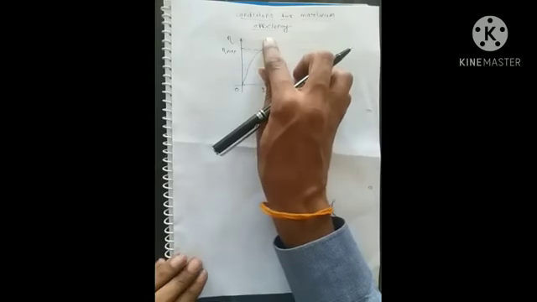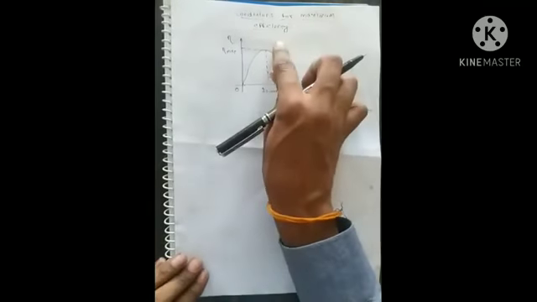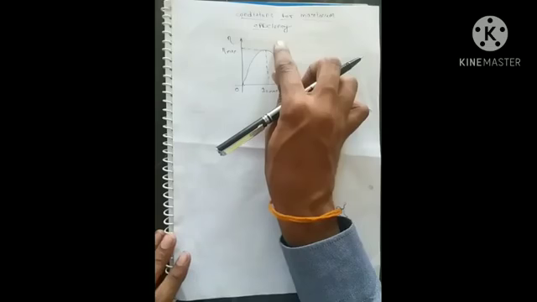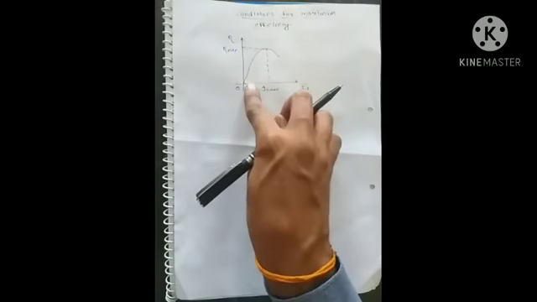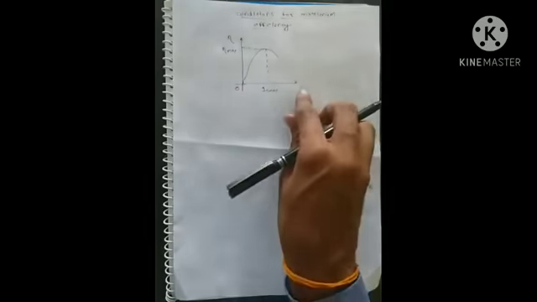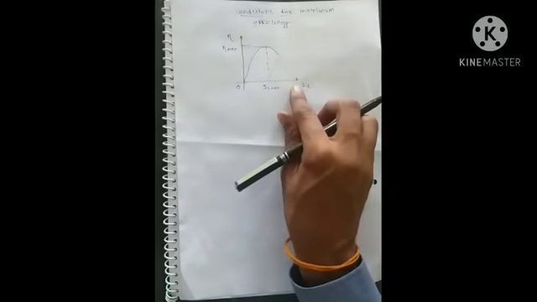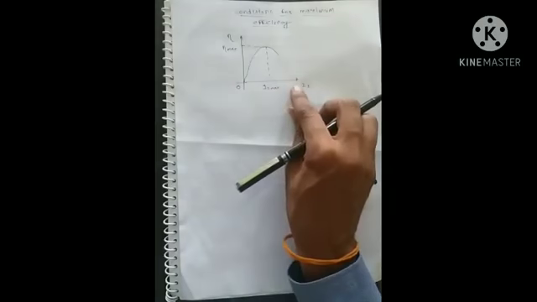Today we have to discuss the conditions for maximum efficiency. Last lecture we discussed transformer efficiency. We derived the equation for transformer efficiency, and in this lecture we have to understand the condition for maximum efficiency. For that we draw a graph, I2 versus efficiency, because the efficiency of a transformer totally depends upon the output current or the load current.